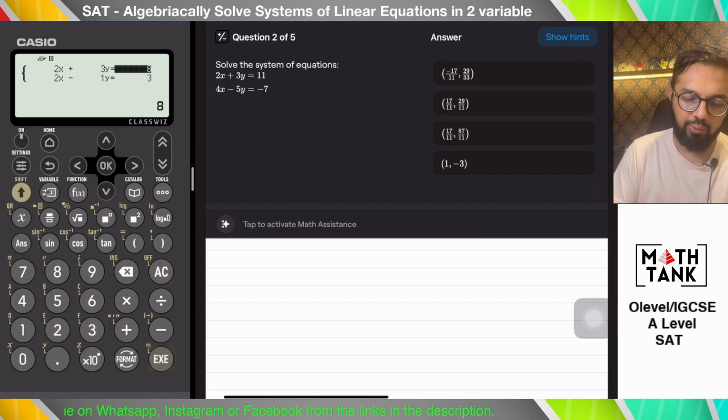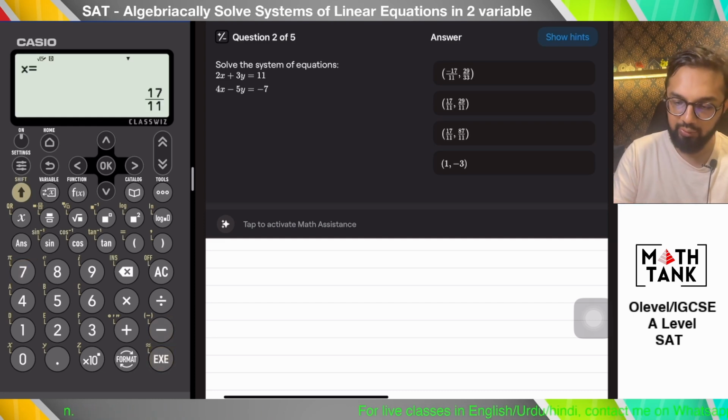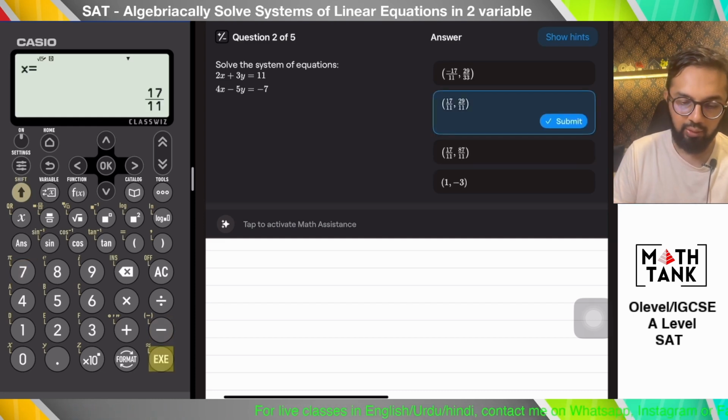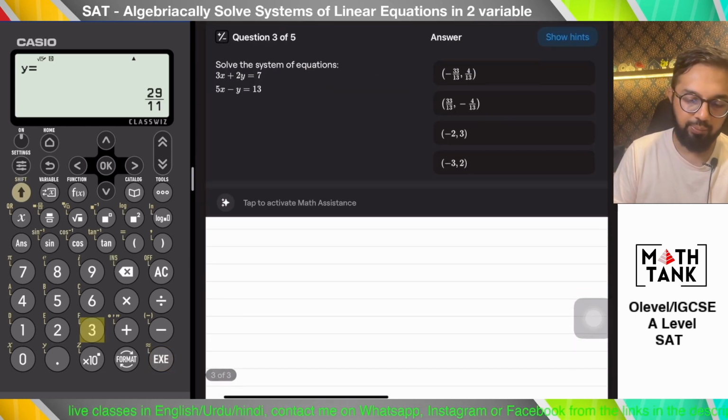It's not necessary to do them manually, and you can just do them on a calculator on the exam as well, because your solution is not marked, your answer is marked. So as long as you get that correct, that should be fine. Yep, that is the correct answer. It's another one. I don't know why this appears as a separate topic, but